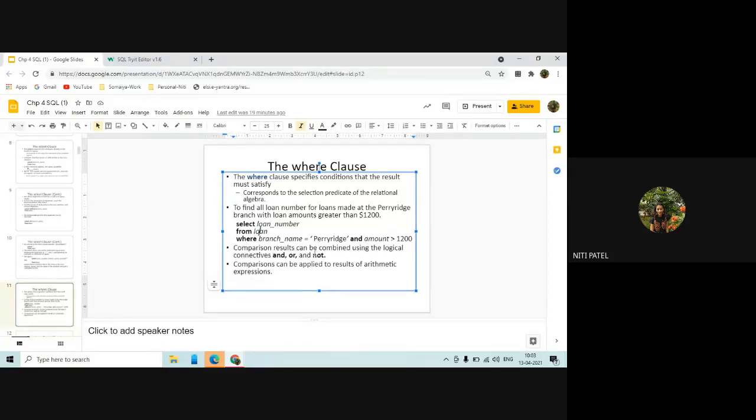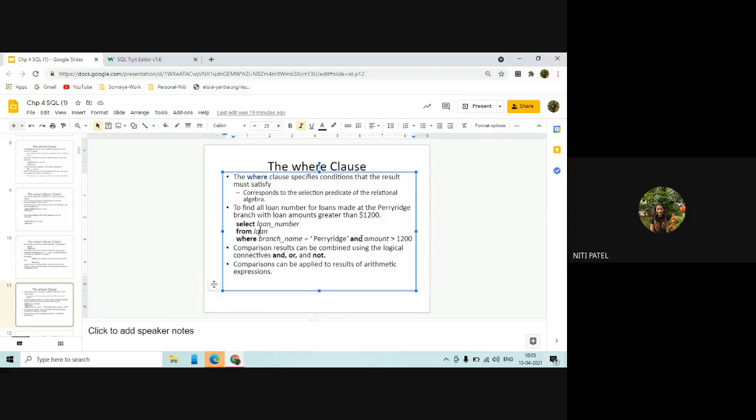So for example, अभी ये query में क्या किया है? I want to select a loan number from the table loan where the branch name is Perry Ridge and the amount is greater than 1200. So I have used two conditions and I have combined those two conditions. So when I want to combine the two conditions, how can I combine? I can combine by using this connective called and.